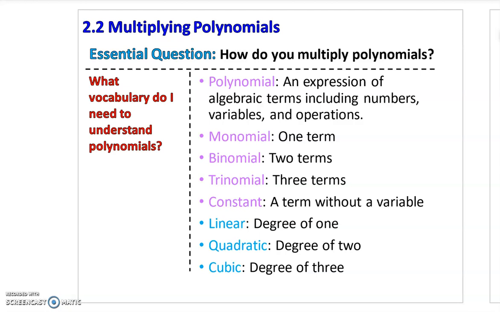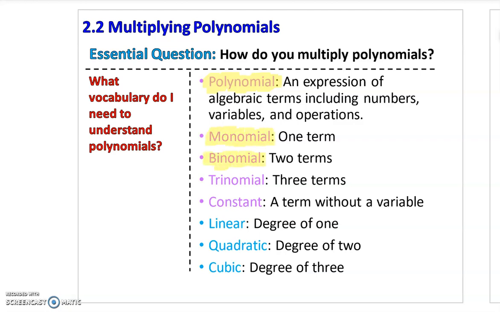This is 2.2 notes. Multiplying polynomials is what we're going to be talking about. Here's some important vocabulary that we're going to need to know. Make sure you highlight these in your notes and have these terms there so you can always refer back to them. So we have polynomial,